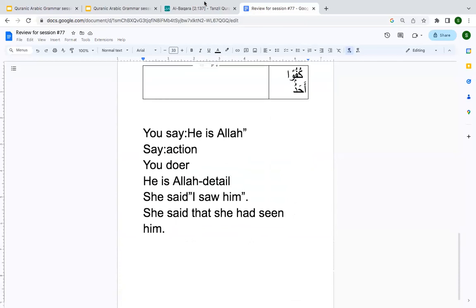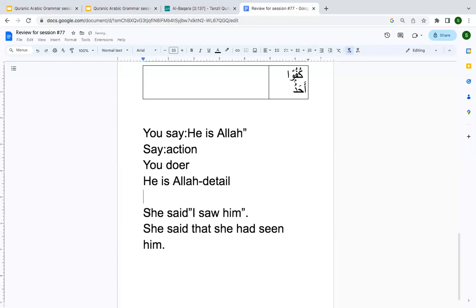Okay. So there's a very fancy term that is used for whatever comes after kala yakulu and the whole entire conjugation of kala. That is called a secondary Arab, and I didn't want to go over it, but since we were doing this, I wanted to just introduce you to this concept as well. So just like in the case of "she said", "she" is the doer, "said" is the action, and "I saw him"